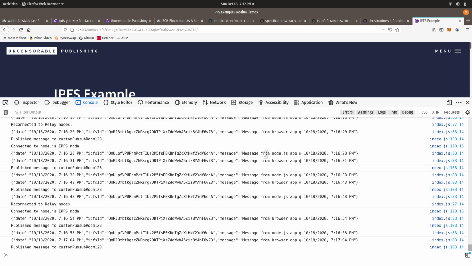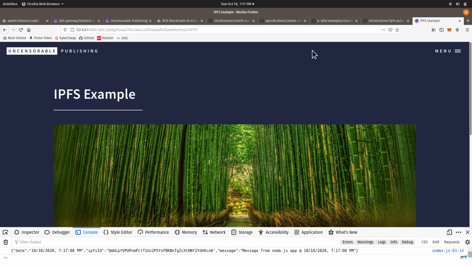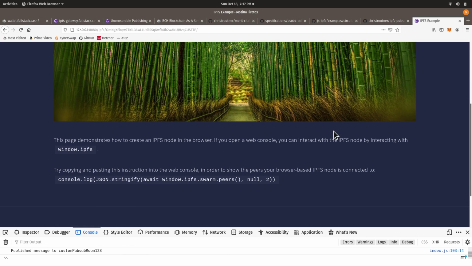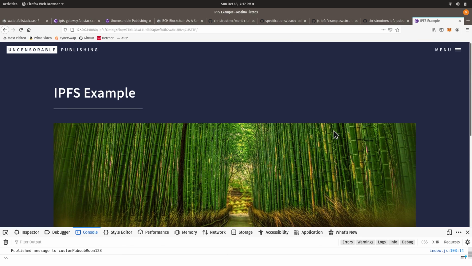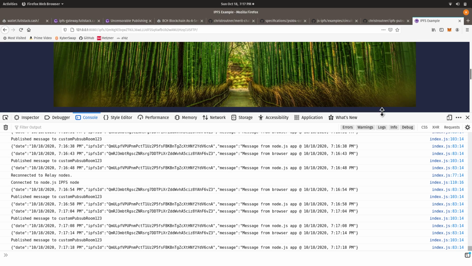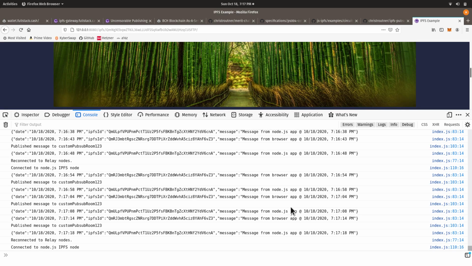And so I've got the app. If you load the browser side up, there are instructions that you can read on how to, and you follow the instructions, but ultimately you're going to get to this web page. There's not much going on here. It tells you to open up the web console, which I have open here. It's a very simple example